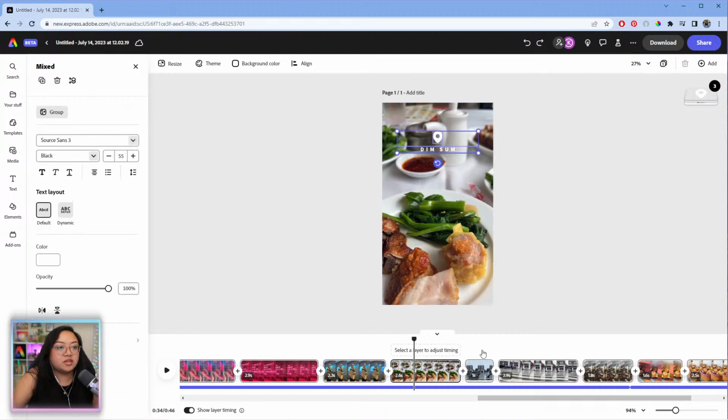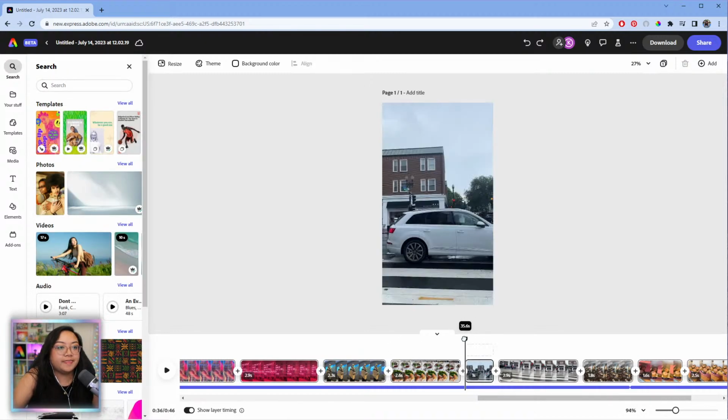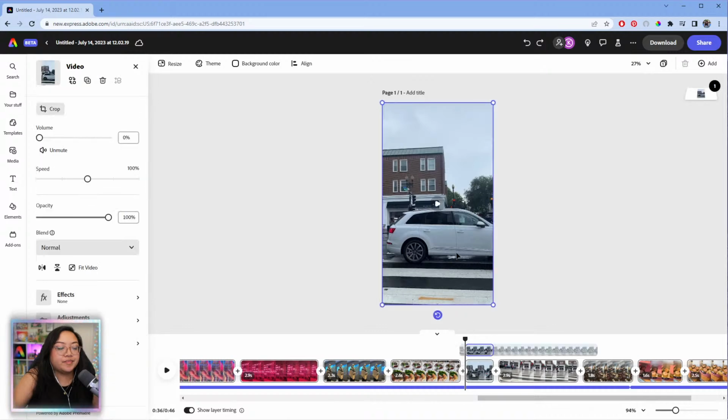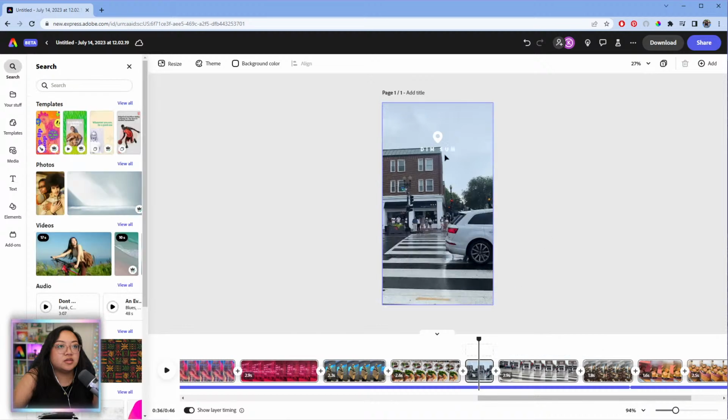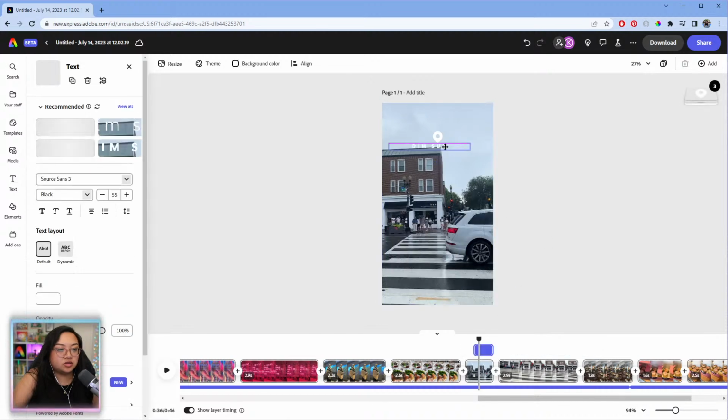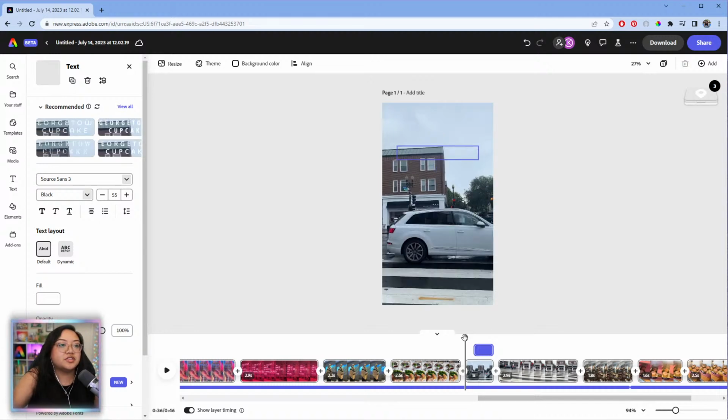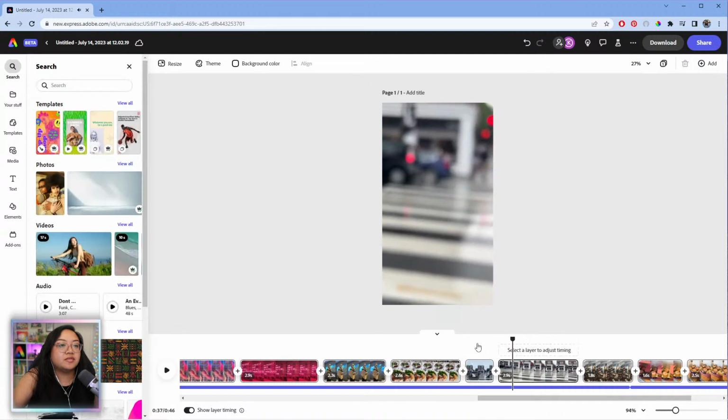Gonna copy this. Then paste. Change this. Oh man, I moved it. Georgetown cupcake. And that should be fine.